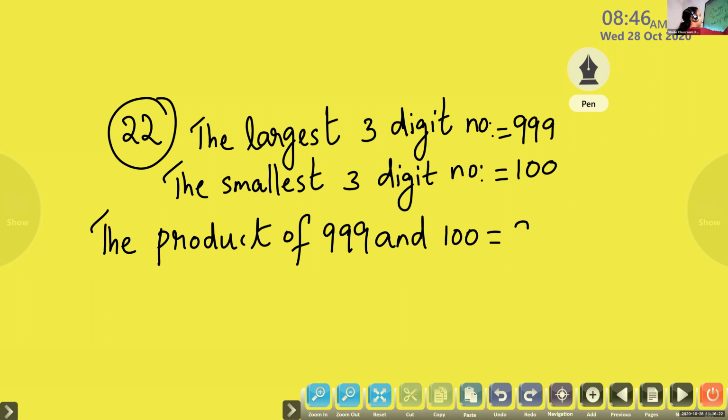We have 999 here multiplied with 1. That is the same number. Now, how many more zeros are there? 2 more zeros. So, we can write like this. Any number multiplied by multiples of 10, you have to see the number of zeros, then add those zeros. If it is multiplied with 10, you have to add 1 zero. If it is multiplied with 100, you have to add 2 zeros.